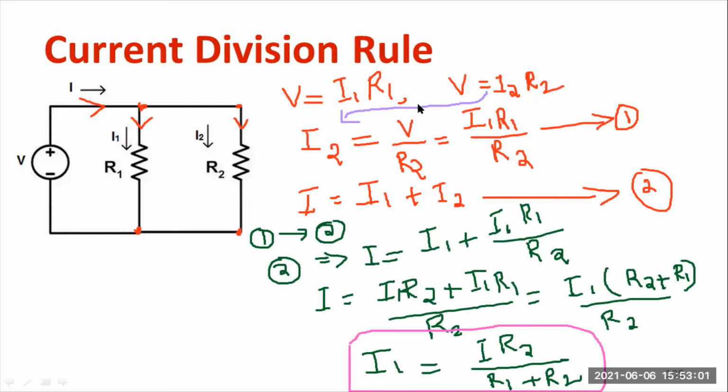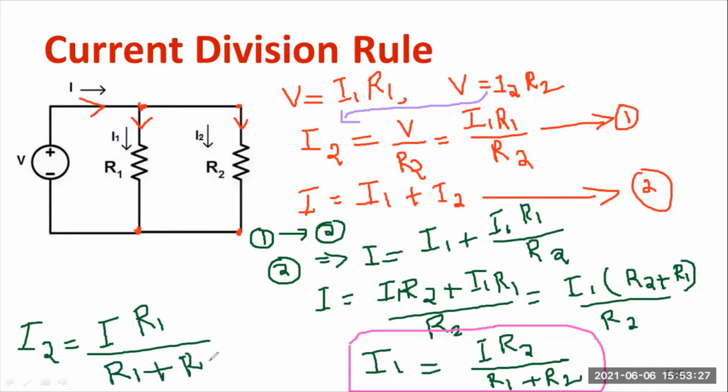Otherwise, I can derive one more formula, for I2. Likewise, I can write I2. So how to write I2? The current through this particular branch: the total current must be I. It is very clearly visible, I. And the resistance of the opposite branch. Resistance of the opposite branch means R1, divided by the sum of resistances of the individual branches, R1 plus